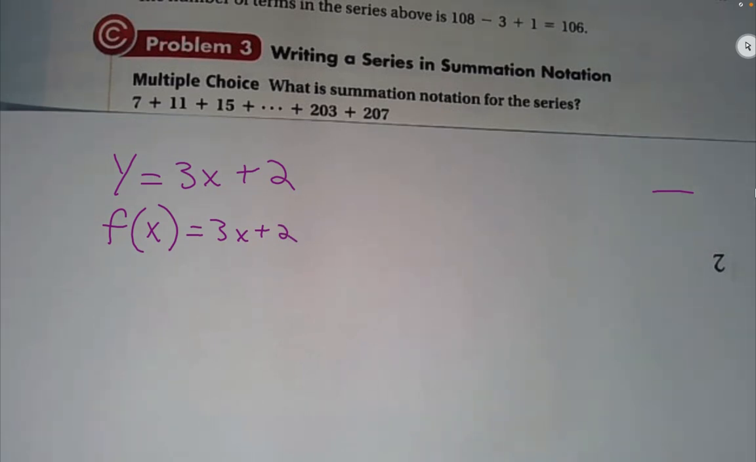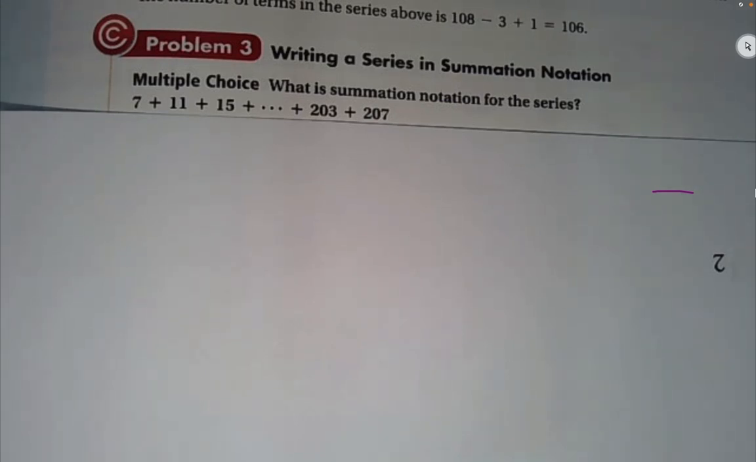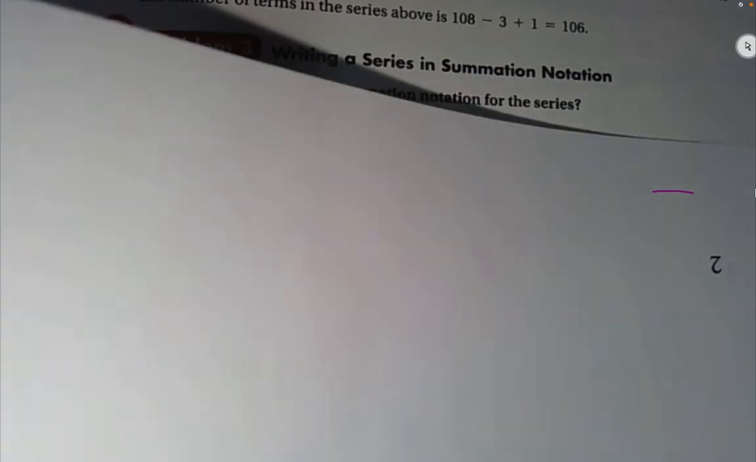So now, this is what y'all learned in Algebra 1, then all of a sudden we switched gears at some point, kind of in Algebra 1, mainly Algebra 2. We learned function notation. It's just a different way to write an equation. So when they say, what is summation notation for the series, it's just a different way to write your series, okay? So on this one, let's see, I think I have to find the